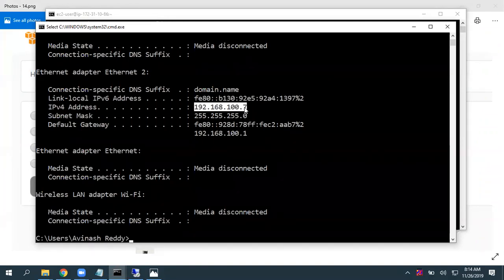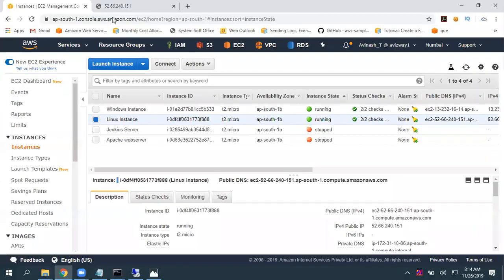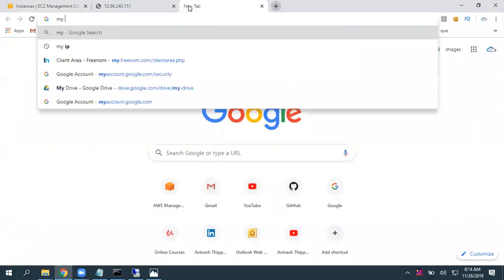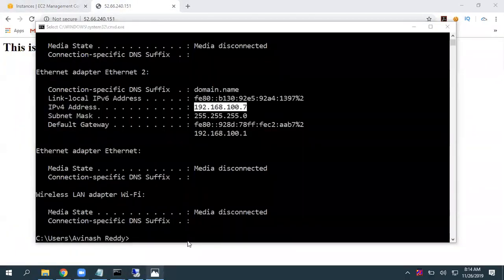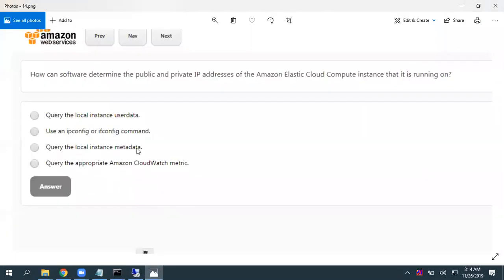It gives private IP address information, but not public IP address. For this network, we have a different public IP address. If you give my IP, this is the public IP address. But I need both, and I want to use only one option. So in that case, metadata is the right option. User data, again, no, don't confuse between those.